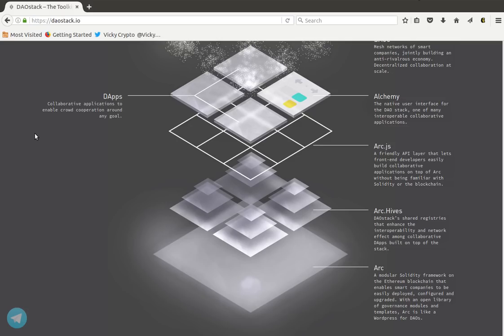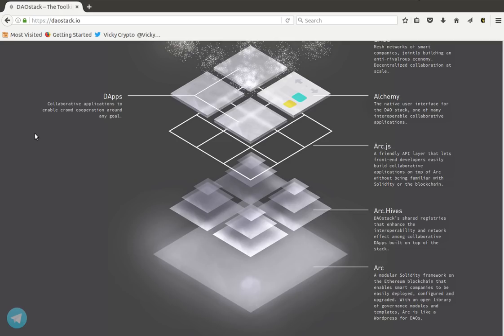It's where any front-end developer can easily build collaborative applications on top of Arc without knowing much about Solidity or the blockchain. So that's where front-end engineers or developers can build their own applications on arc.js. And then Alchemy, the user interface for DAOStack,